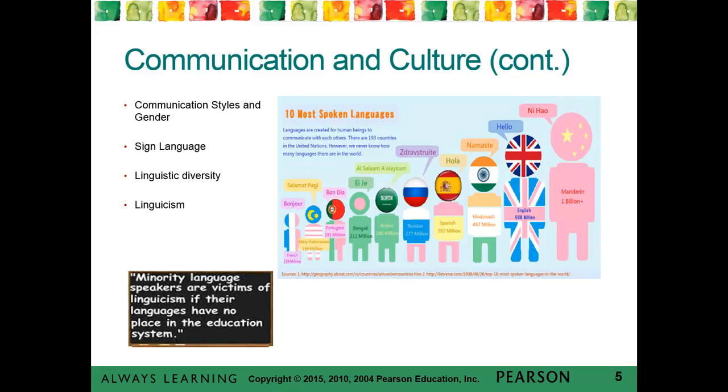When you are in a group with a number of ELL or English language learner students, do you take the time to listen carefully and encourage full participation with everyone, or are you the type of person that becomes impatient? Well, these are forms of bias and prejudice, and if you act out against people who are different from yourself in terms of language, then that is discrimination. That is linguicism.